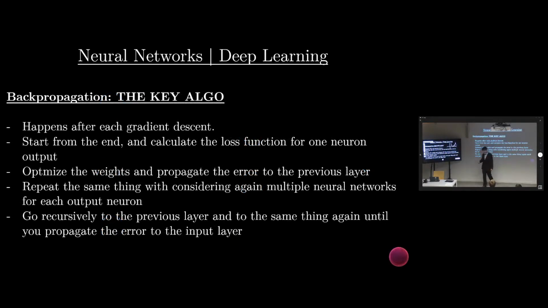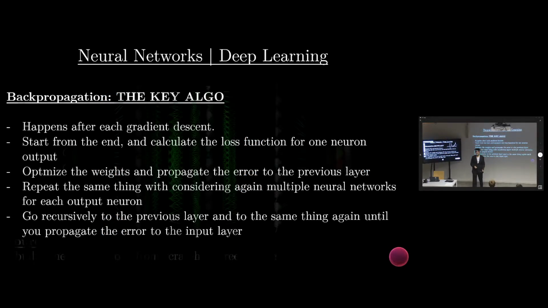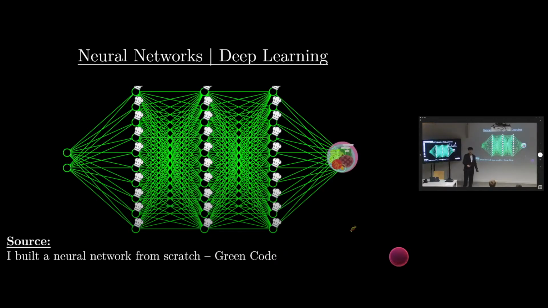And I found a very interesting way to explain this, which I call the chef example. Let's assume that my neural network is trying to make a dish. And each of my units is just a chef participating in making this dish. So I'm going to taste this dish. I'm going to be like, okay, this doesn't taste very good. And I'm going to tell each one, for example, this one is taking care of salt, this one of pepper, this one of meat, this one of I don't know what else.